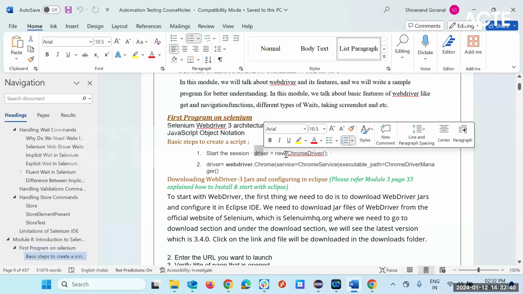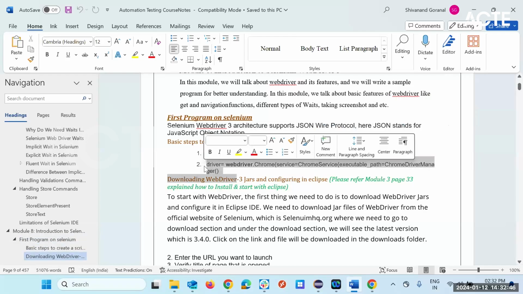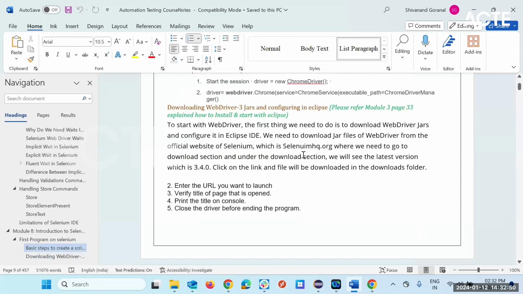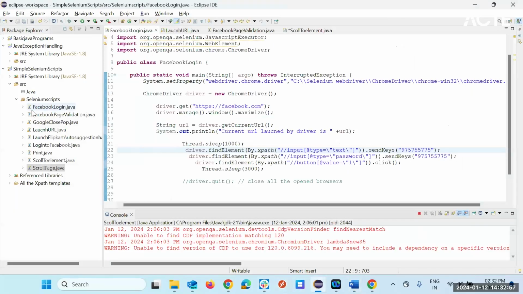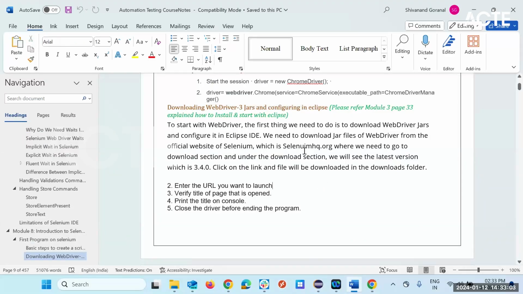So driver equal to new program driver, which will call the driver. Then you will tell that driver to launch it by giving the XPath, right? So that properties. Okay, and you have to download the jar files, right? You have to configure whenever you are creating a new project, right? You have to configure the build path, otherwise you will not get it. Jar files, everything you have to refer, which we have already given, and we have